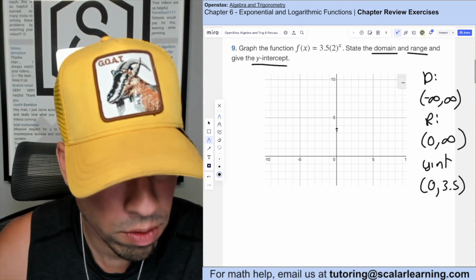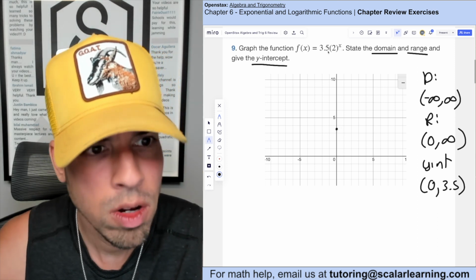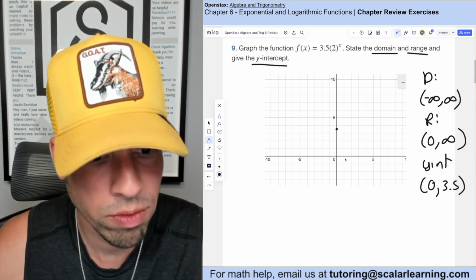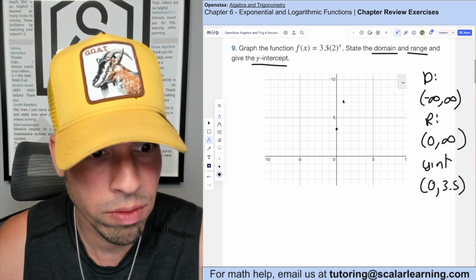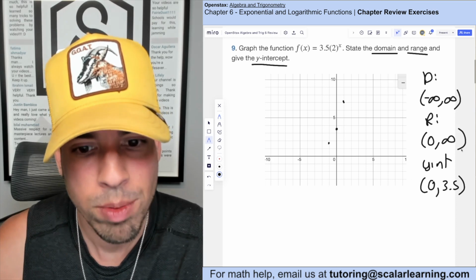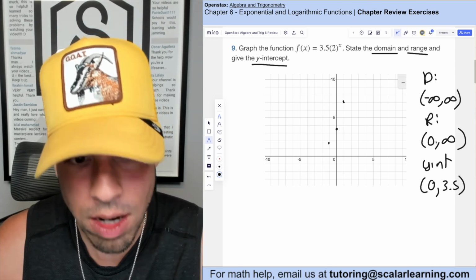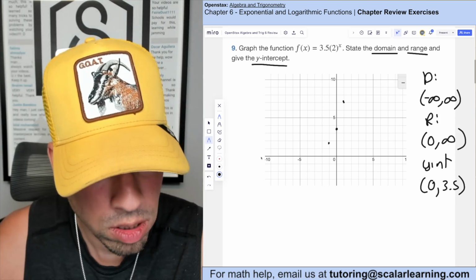We got (0, 3.5) right here. If we plug in 1, we get 2 to the 1, which is 2, times 3.5 is 7. And then maybe negative 1, right? 2 to the negative 1 is 1/2, times 3.5 is 1.75. And as we mentioned, the range is 0 and up, which means we have a nice horizontal asymptote at